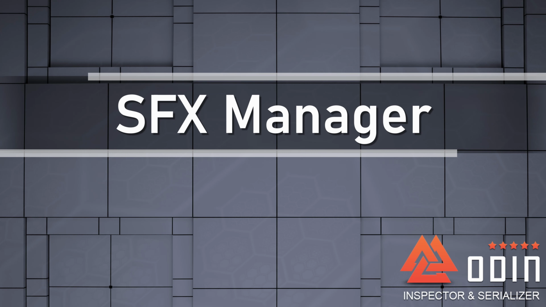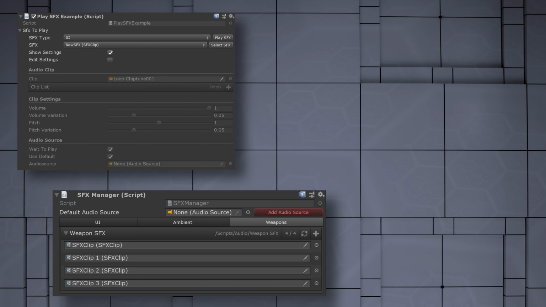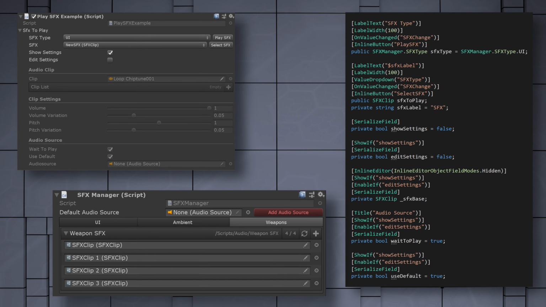Managing audio clips in a project can be time-consuming, and it's not always a smooth workflow. This goes double if you want to use the same sound effect clip in multiple places inside your project. So we thought we'd provide an example of a sound effects system or workflow that could be built with Odin